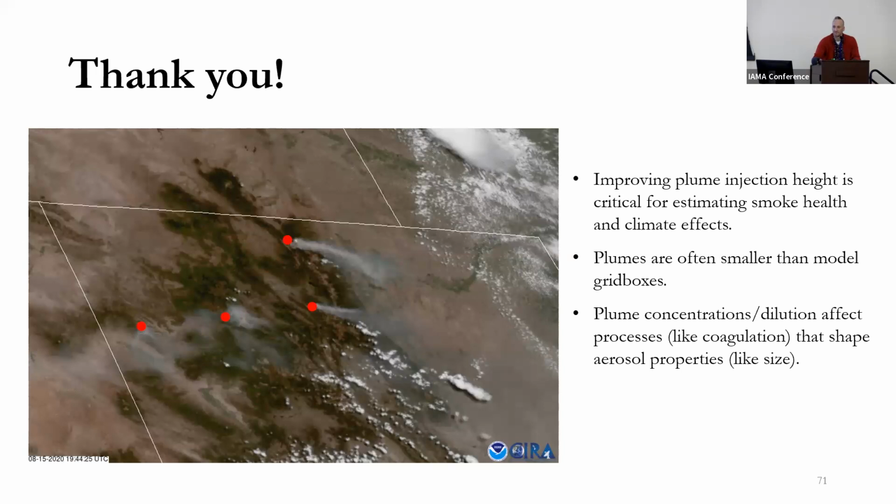Thank you for the talk. I'm Karine from Sirene in France. You showed that the aging by coagulation is very important and it changed the properties a lot. That's very interesting. I'm wondering, as the plume ages, it moves as well. From what I understand, you still put the aged plume in the same grid box as the original one. Do you think it would have an impact to try to simulate where the plume actually is?